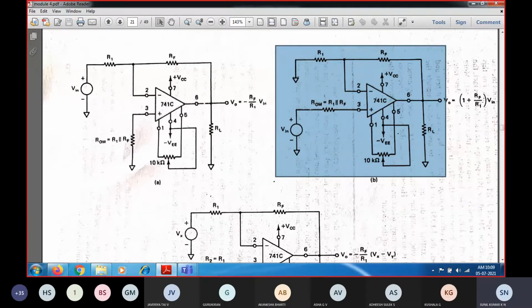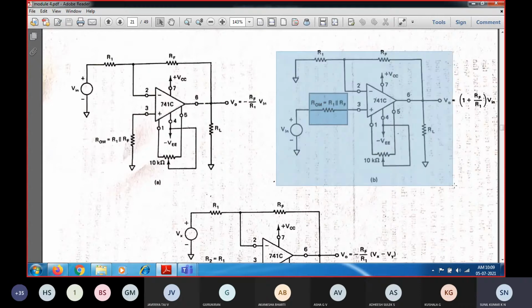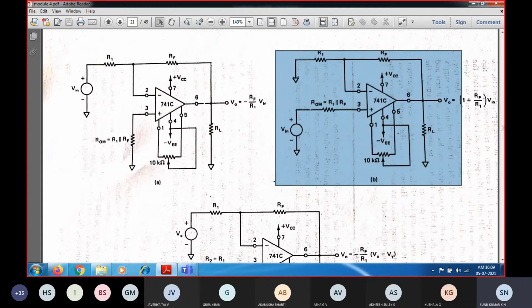Through that you are going to find the RF by R1 ratio, and then find out what is RF and what is RM, and then the parallel combination of that will be assigned as the equivalent resistance value to the non-inverting terminal. So this is nothing but finding the output. Once you draw this circuit, you will come to know everything. What value to find out, what is the relation, if you write everything properly on this circuit diagram itself, it is very easy to calculate also, and you will not forget.